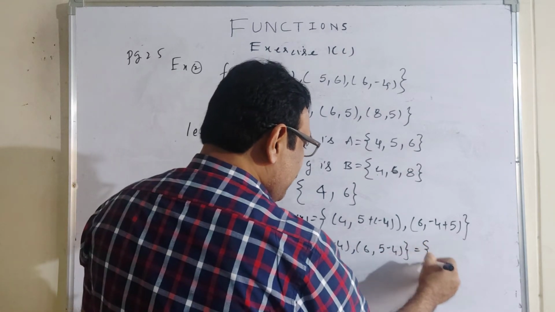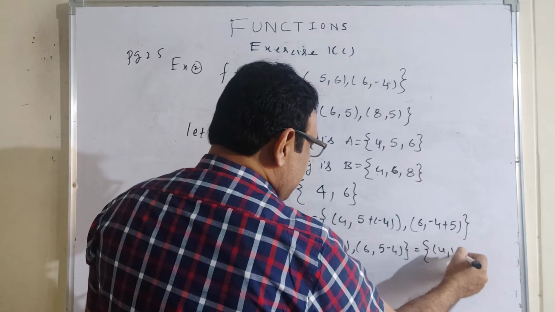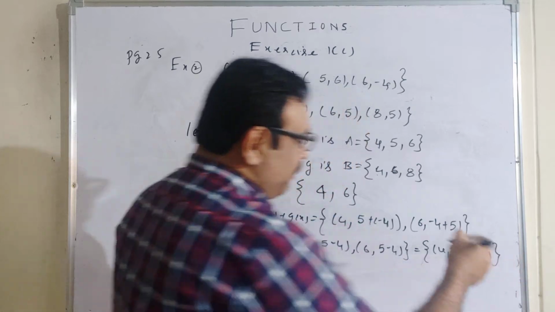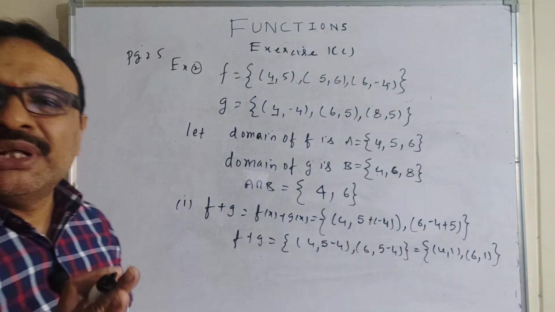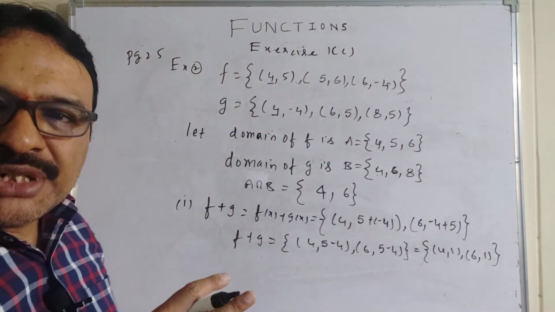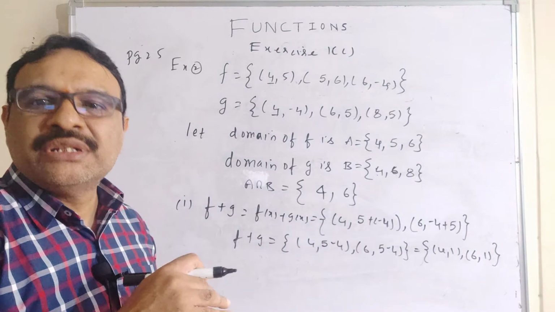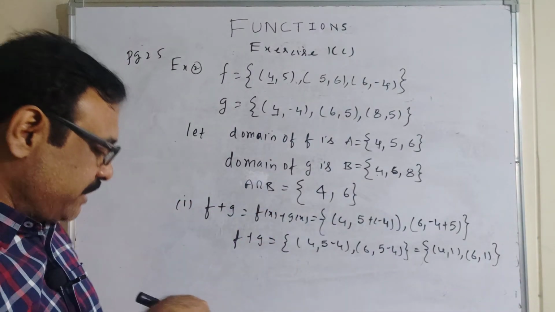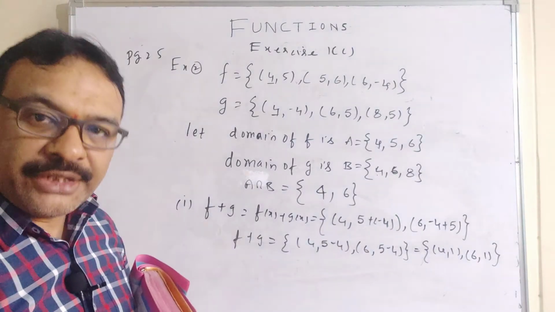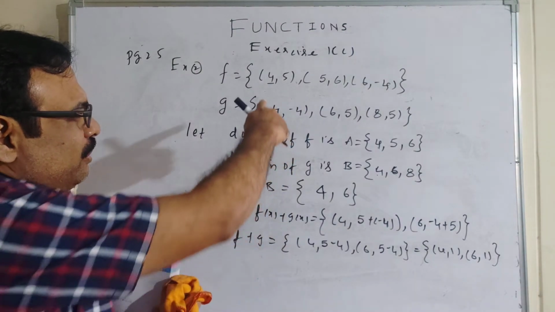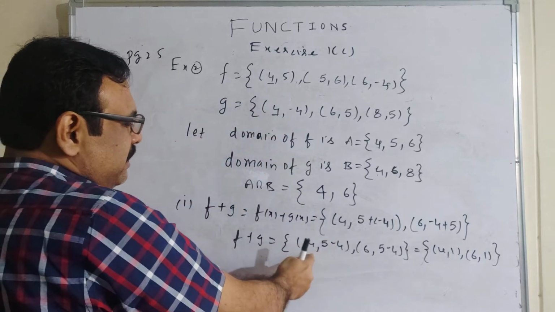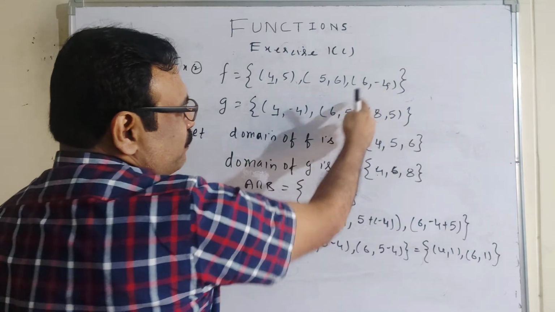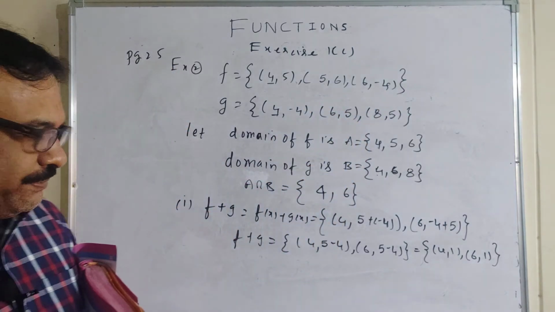So what exactly are you going to write? This can be written as 4 comma 1, and this is nothing but 6 comma 1, which you need to understand. I hope that you have clearly understood. Domain elements you have to check in both the functions, and codomain elements should be operated. Now you should add or subtract, which depends upon the function, right? Coming back, it is as simple as 4 and 4 is the same, keep 4 the same, and 5 minus 4 results in 1. 6 and 6 is the same, minus 4 plus 5, that is going to be 1.